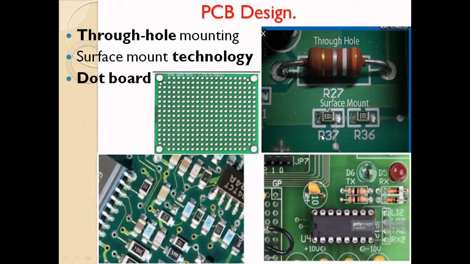After that, the second one is called through hole mounting. This circuit is called through hole mounting. There will be holes available. You place the components. These are all the components. This is called an electrical connection. There is a copper wire here. This is called an electrical connection. This one we can also do manually. We can place the components.